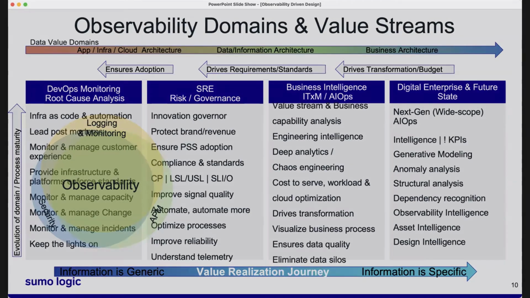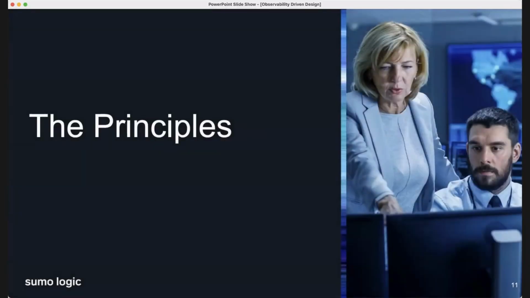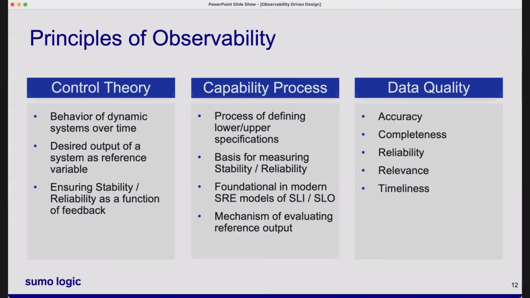Great. Now we know that. Let's talk about the principles. When it comes to the principles, we've already talked about some of these. Control theory. We've talked a little bit about capability of process. I think we just touched upon just a little bit about data quality. But I want to leave you with something here that's really important to understand. And that control theory really, as we said, is dealing with the control of dynamical systems and engineering processes. The objective here is to develop a model for controlling these systems through control action or automation.